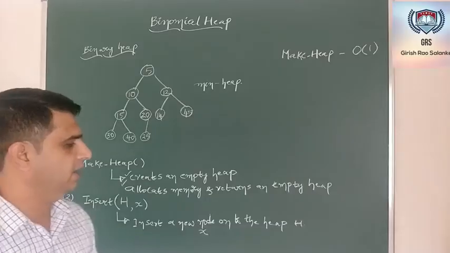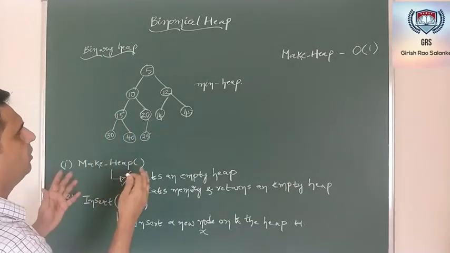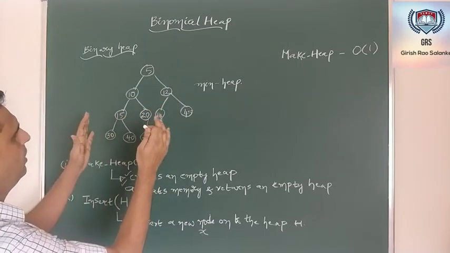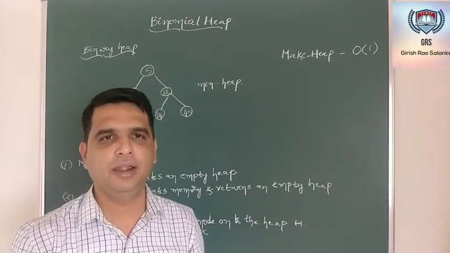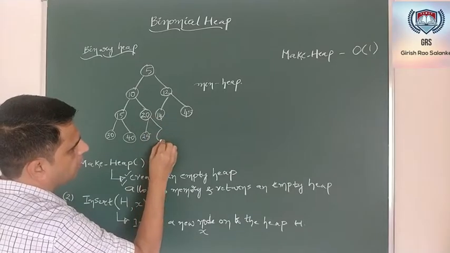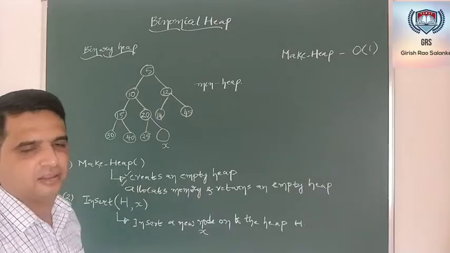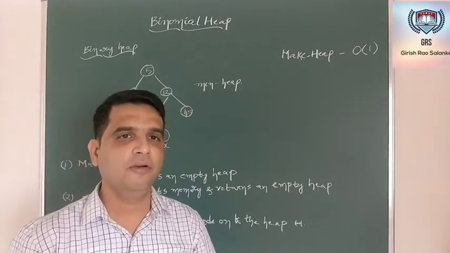Now what would be the time complexity? We know that whenever we are performing the insertion operation, the heap should have both the properties, that is the structural property as well as the parent dominant property. Now assume that I want to insert a new node here. This is my X. And the key of X, let me assume that key of X is 2.